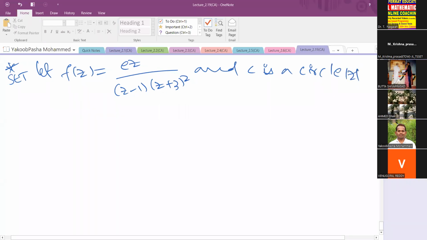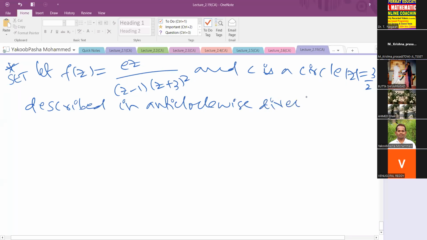Modulus of z is equal to 3 by 2, described in anti-clockwise direction. Anti-clockwise direction means positive direction. Then the integral over C of f of z dz has the value